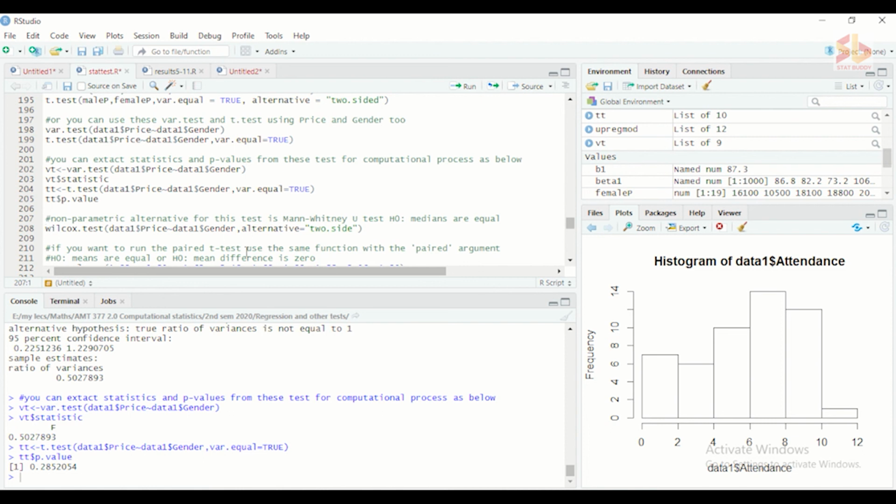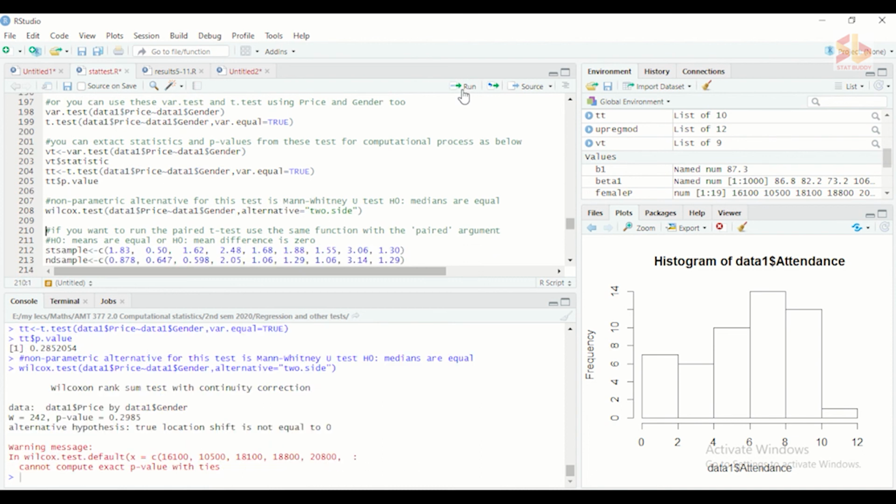The non-parametric alternative for the independent two sample test is Mann-Whitney U, but in R, the Wilcox test performs the Mann-Whitney U. For two samples, again, what you have to do is just give the quantitative variable and the qualitative variable and set alternative equal to two-sided.